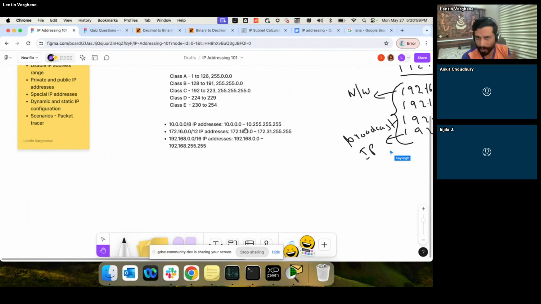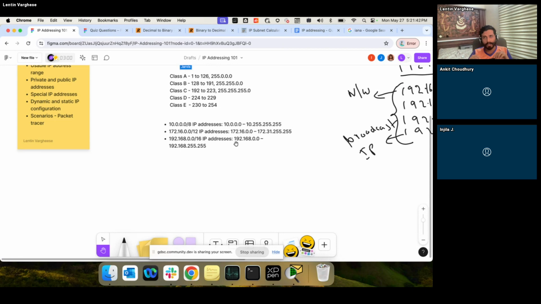They can configure with subnetting, whatever the number of IP addresses, and they can configure however they want. Now the catch is these IP addresses are not routable or usable in the internet. In your home, if you see the IP address configured in your computer, you will see it's part of the private IP address space, right? Now, if a private IP address is not usable in the internet, how am I able to access the internet with this? So even with private addressing, we still use a little bit of public IP address.